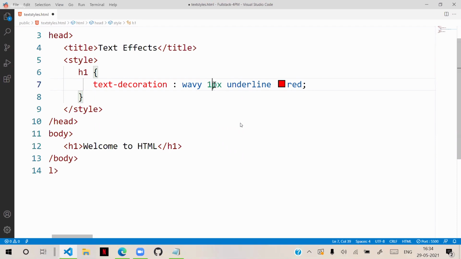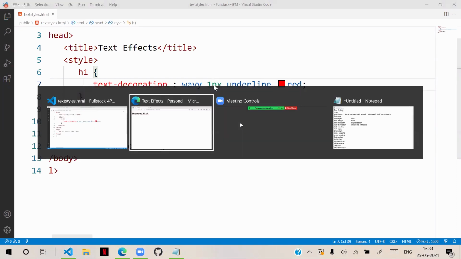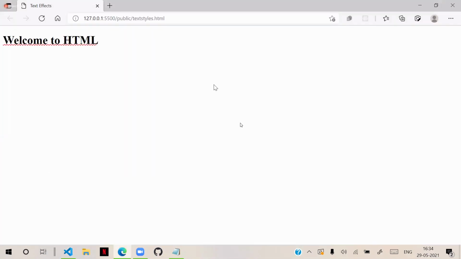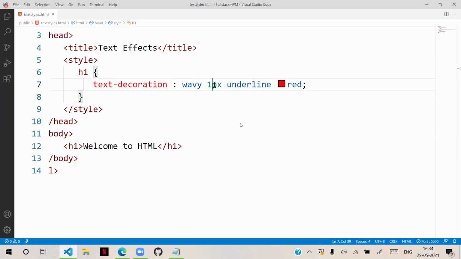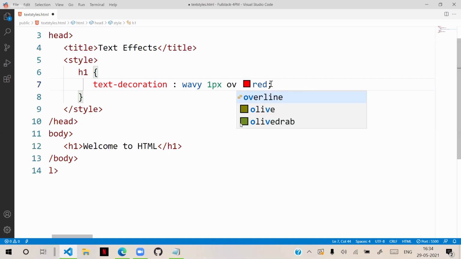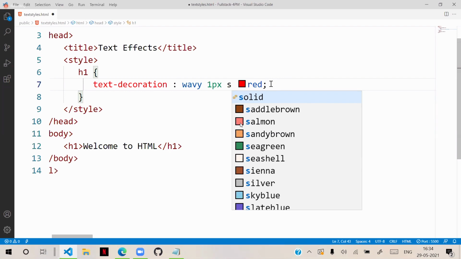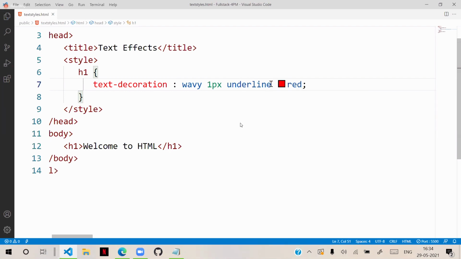All these come under text decoration, how you keep the text decoration. So it can be underline. You can give options like overline. So yeah, these two are basically defined with text effects.